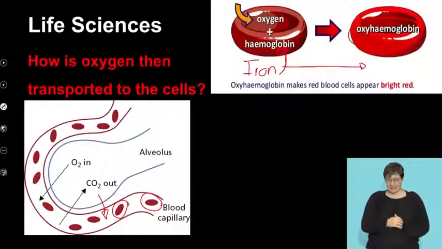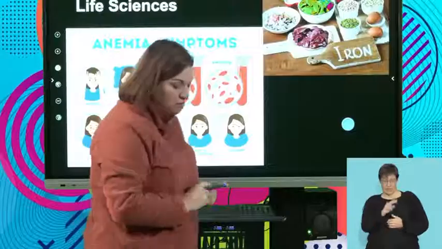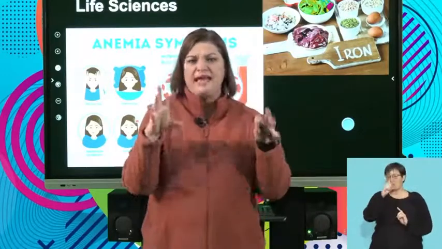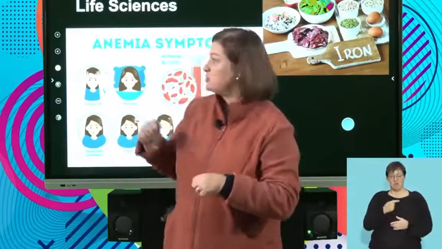Okay, so here we start our first part of gaseous exchange. Now I just want you to have a look over here. When we look at this concept, I think you would have done it when we did biochemistry: anemia. If you don't have iron in your diet, you cannot make the iron of the red blood cells. And that could cause a problem: you breathe very heavily because you're not getting the oxygen in, you're tired, you're fatigued. So guys, iron, spinach, vegetables, beans, soya, anything, try and get those iron levels up so that your red blood cells are nice and healthy so that I can get my oxygen around.